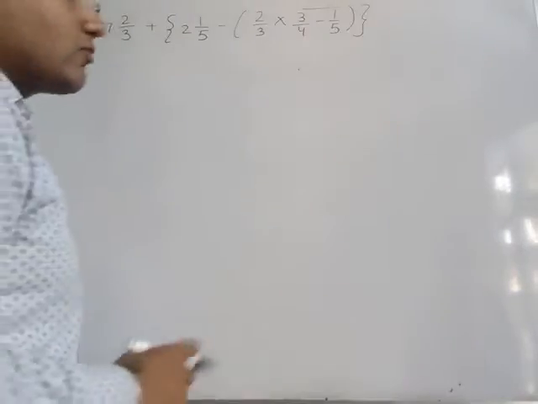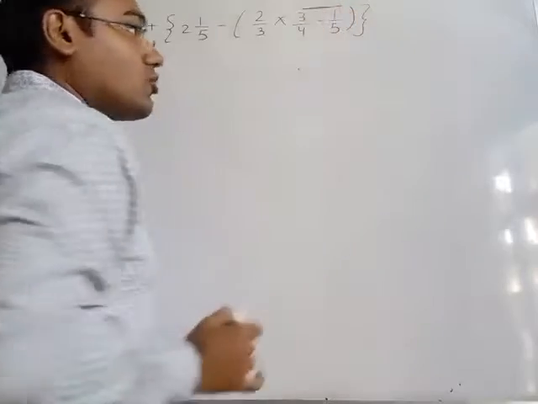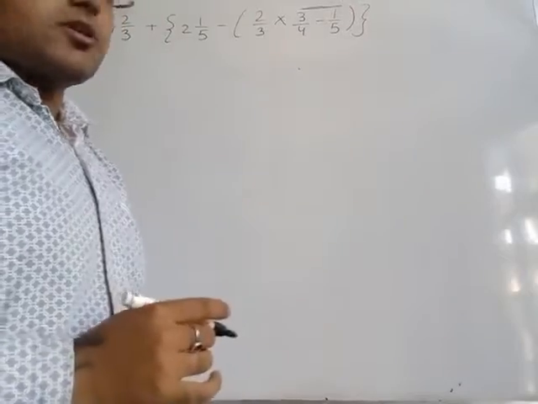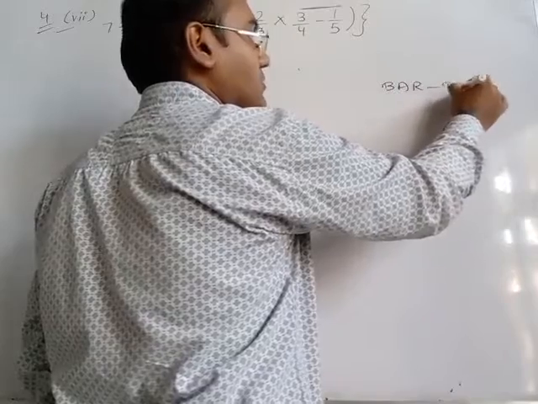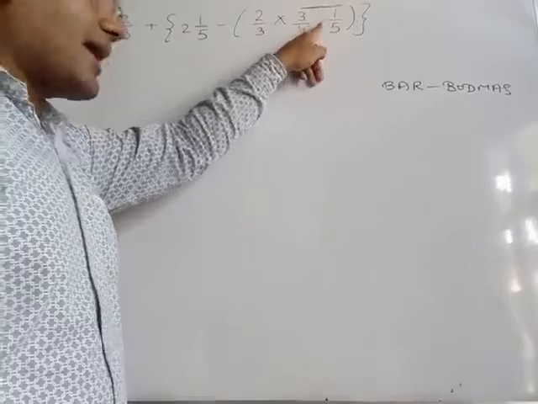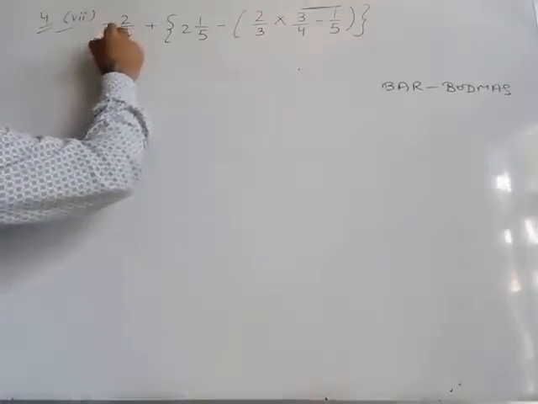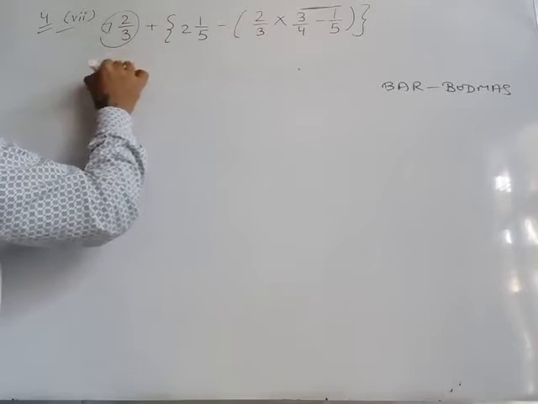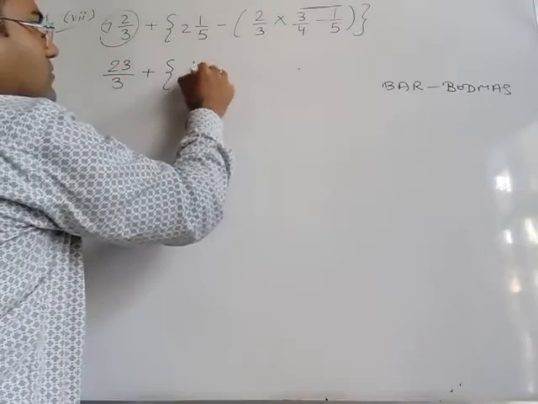Here in this question you will observe a bar is given. This line means bar. So before using BODMAS we have to solve this bar first. After solving the bar we will use BODMAS. So under this bar minus is there, that means we have to subtract these two. So what we will do, this mixed fraction we will change. 7 3s are 21, 21 plus 2, 23 upon 3 plus 5 2s are 10 plus 1, 11 upon 5